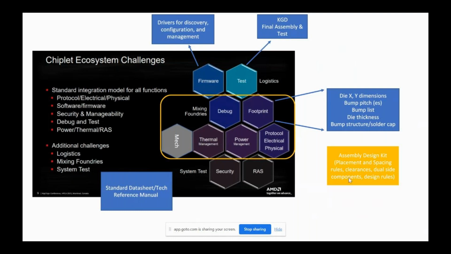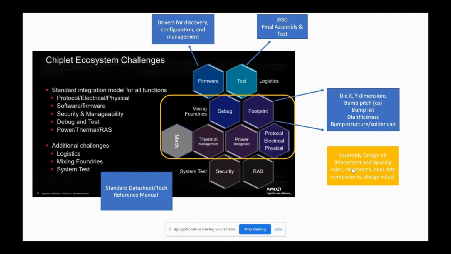From an assembly standpoint, there is talk, at least in some EDA vendors, of the notion of an assembly design kit, because when you're putting multiple chiplets together, there are rules around spacing and how many you can fit, which translates to manufacturability, warpage, and all of these other things. So you need all of that information. And that's also in your technical column. David mentioned it in the CDX.